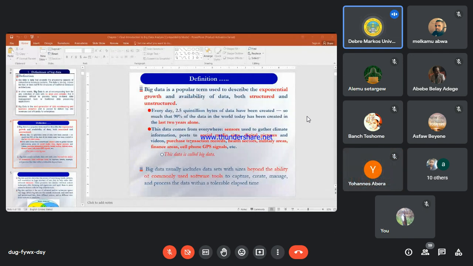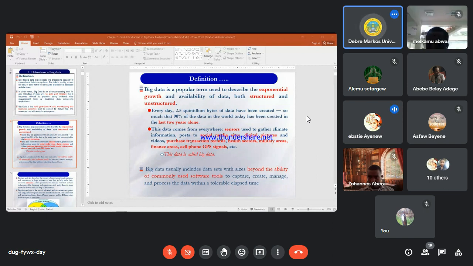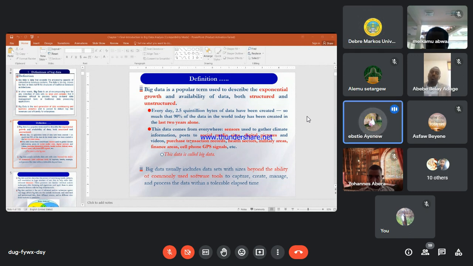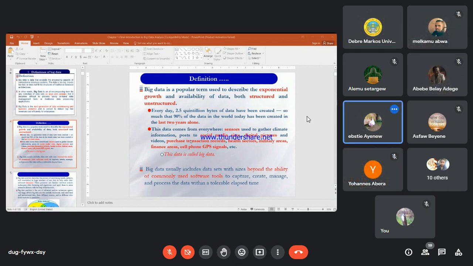Previously, we saw that data has been processed to get information, and we considered that data was useless.